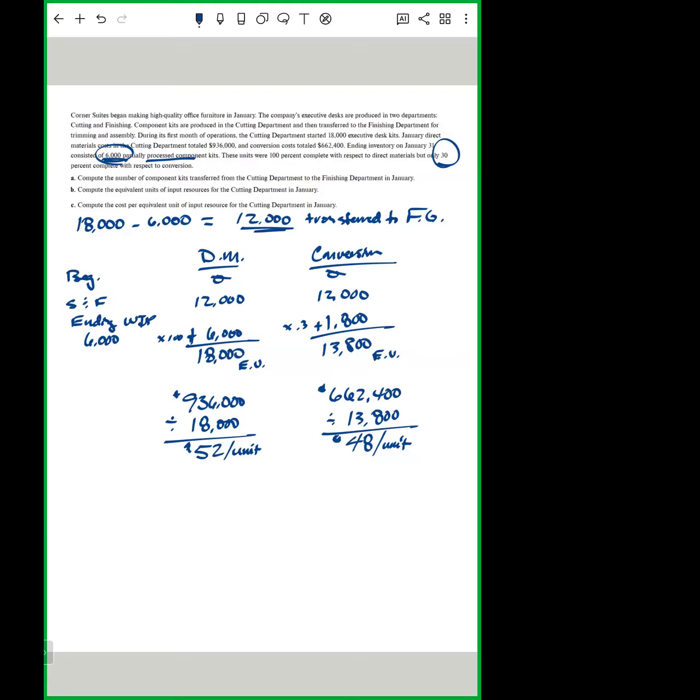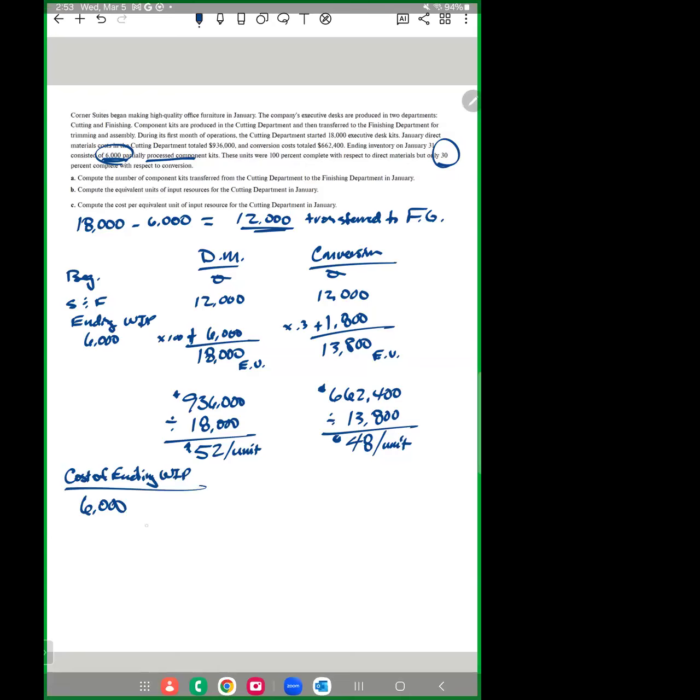So if we were just interested in the total cost for the work in process at the end, well, we'd say, okay, we have 6,000. So this is cost of ending work in process. We'd say that we have 6,000 units times the $52 a piece, and we have